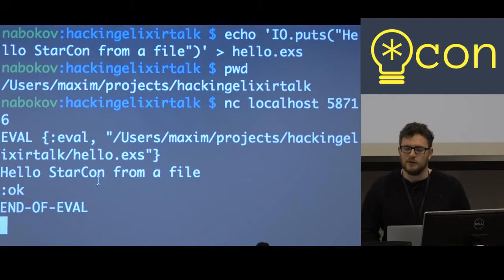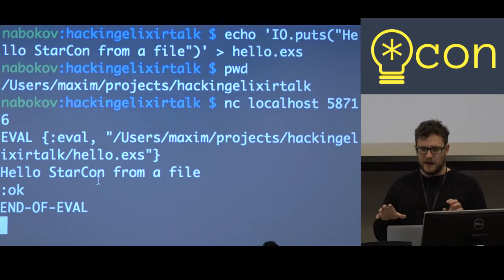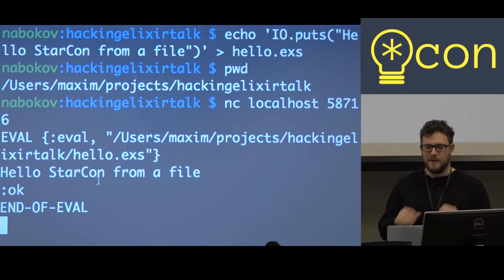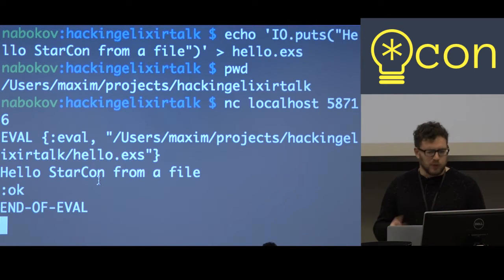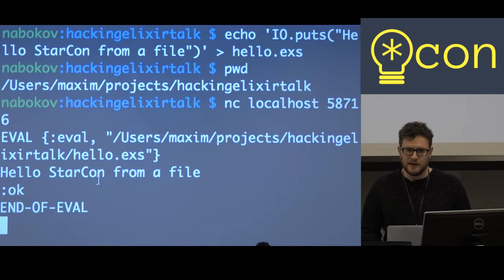So now I know that if I can talk to this thing, I can evaluate any Elixir file on your computer, which is useful, but you probably don't have Elixir files that do bad stuff. You probably just have a bunch of code of whatever projects you're working on. But the thing about it is that